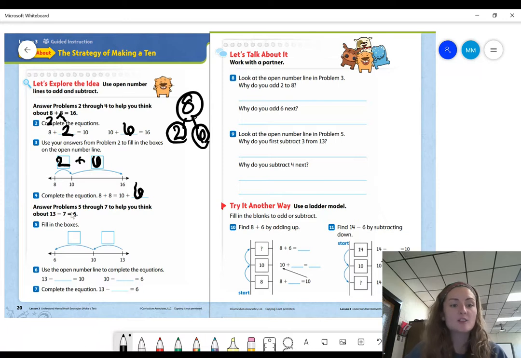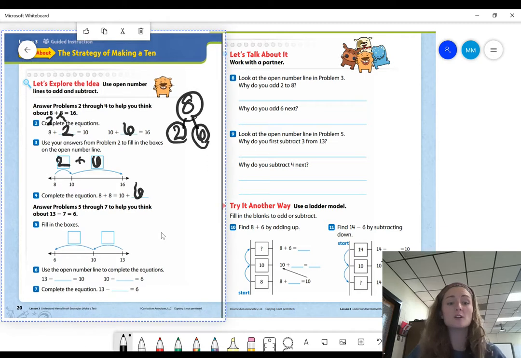All right. Now it says answer problems 5 through 7 to help you think about 13 minus 7 equals 6. Now here's what we're doing. When we subtract, we go back. So look at our arrows. Our arrows are pointing going backwards. So first it wants us to think about